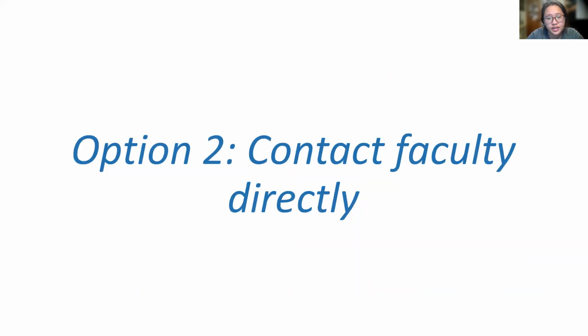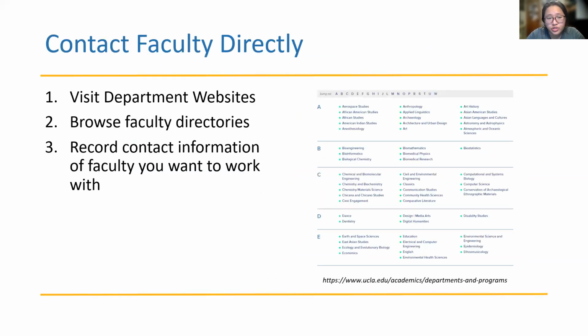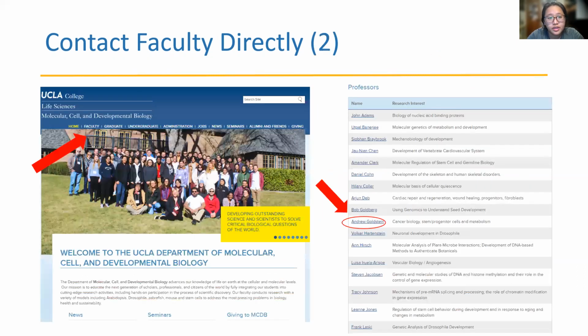So again, the second and probably more common method is to contact faculty directly. To start with, you probably want to visit department websites, where you can browse faculty directories and record contact information of the faculty you want to work with. And as you can see, there are a lot of different departments here at UCLA. And within the